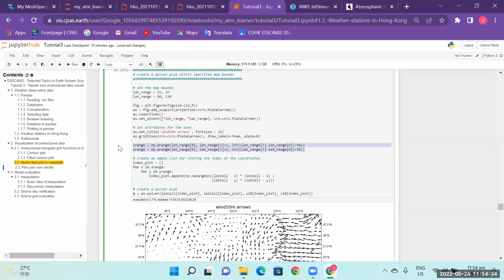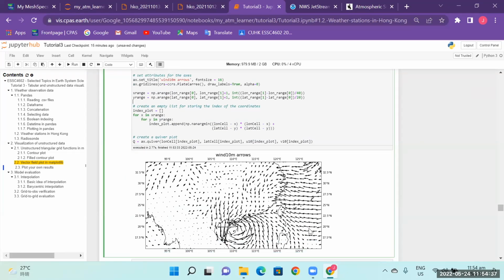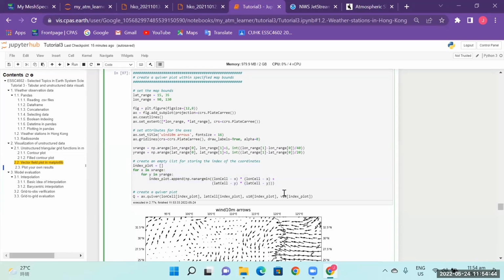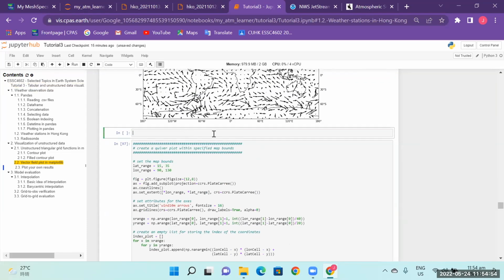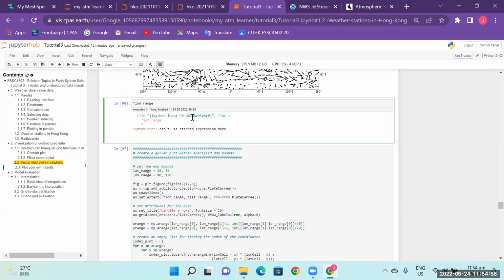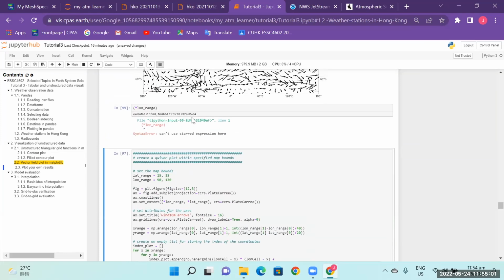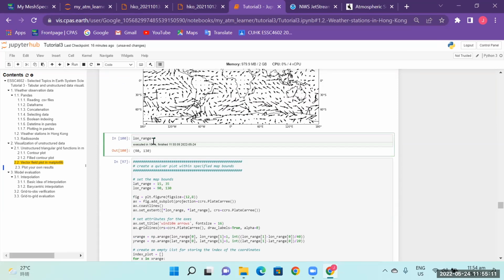So these are the coordinates that I want to apply. I want the function to draw the wind arrows. And these are the same codes here. And I also want to introduce another thing here. So you can see the star sign here. And if you run this here, okay, I think it needs to be integrated in a function, in like an operator or something. So when you type lon range here, this is actually a tuple. And then the star sign here is used for unpacking